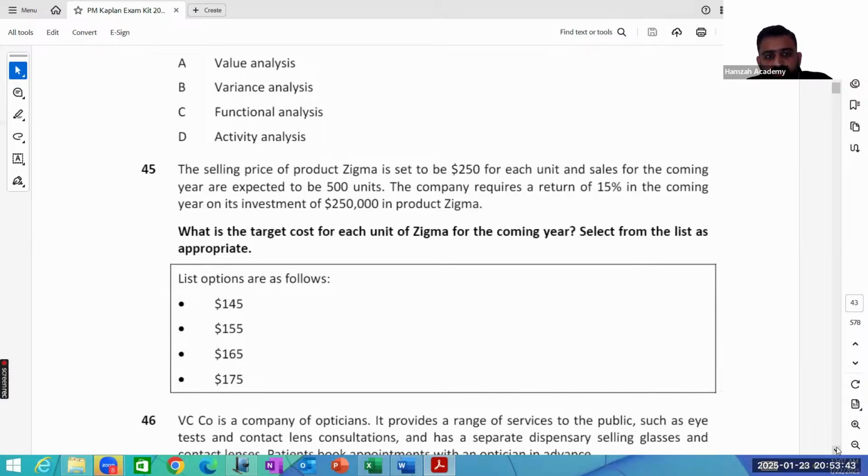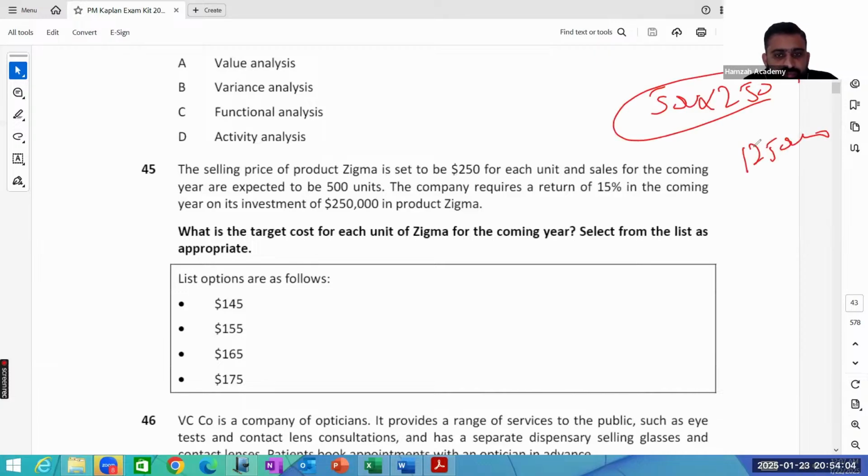So you are going to sell 500 units, and the sale price of each unit is 250. First of all, it will give you $125,000 total revenue. And your total return required